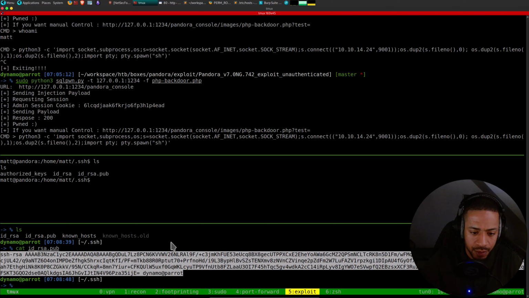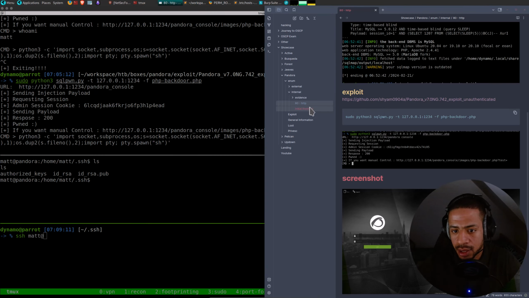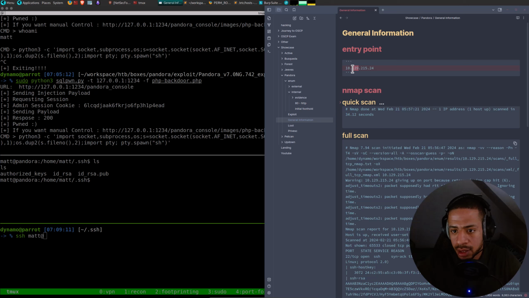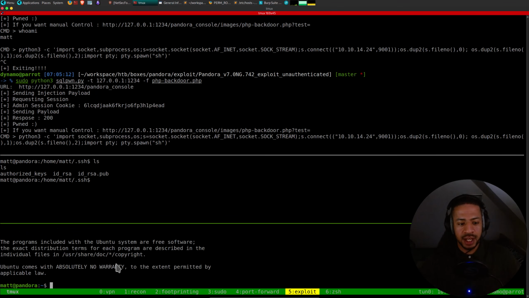And that should work. ssh mat at the box IP. With a bit of fumbling around, that should work. And it did. Great.